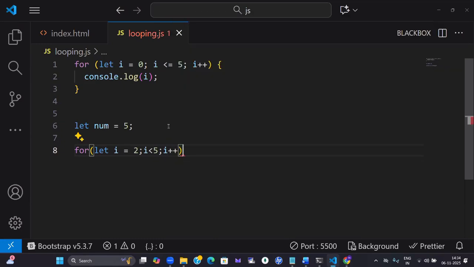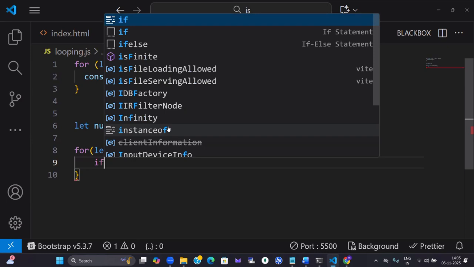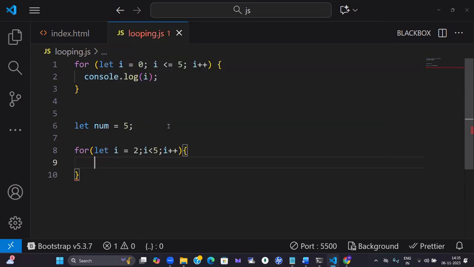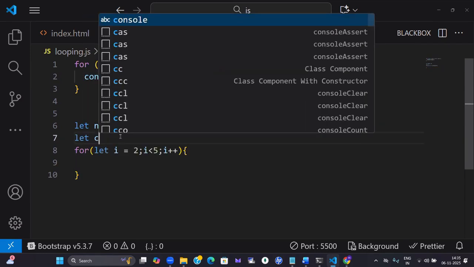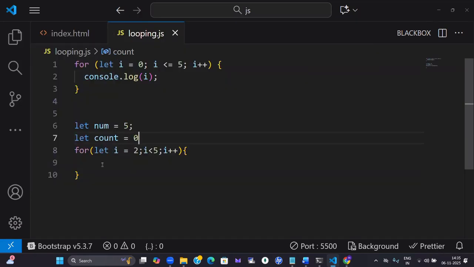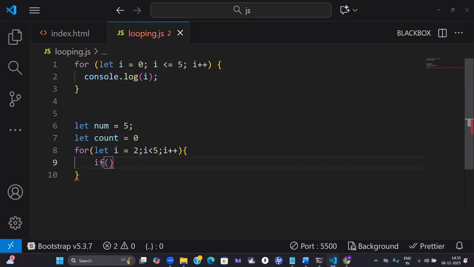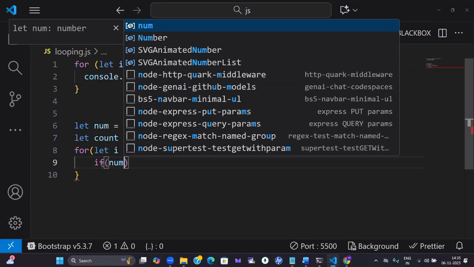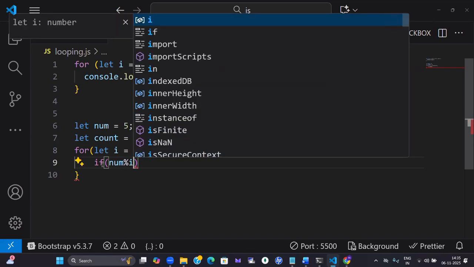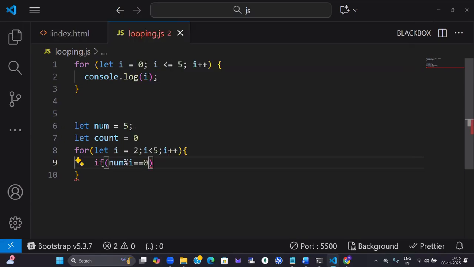Next, okay, count you want. Let count equals 0. If 5 modulus i double equals to 0,